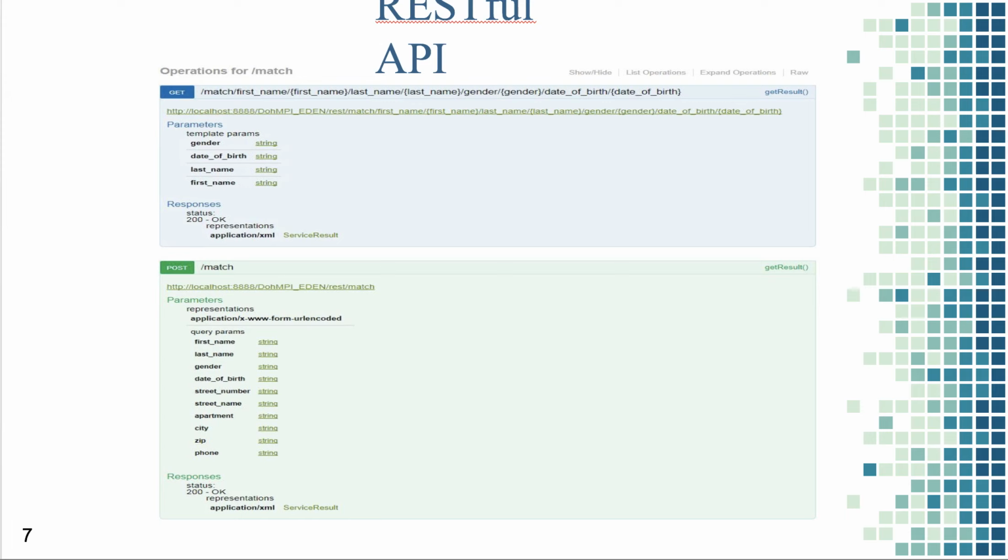Our web service provides two endpoints, one of which is available for post method and can handle all of the input fields, and another is available for get method and can handle the restricted input of only the required fields, which again are first name, last name, date of birth, and gender. This is a summary of the RESTful API, automatically generated on the basis of JAX-RS compliant code.